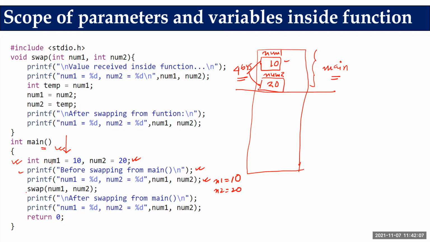Next, we call the function swap. The function returns nothing, so the return type is void. It has two arguments, num1 and num2. Num1 is an integer and num2 is also an integer, correct? I'm using a comma in the declaration, so we can declare multiple variables in the same statement with a comma as a separator. You need to use it in between them. So num1 and num2 are both integers, and the parameter type is also integer.